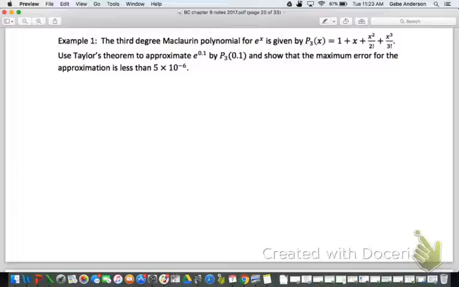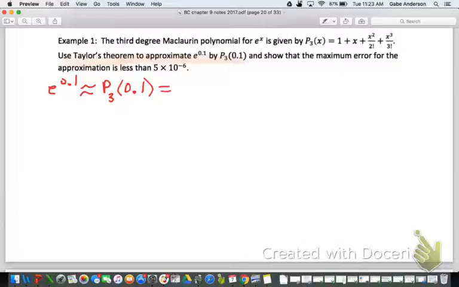And then it says use Taylor's theorem to approximate e to the 0.1 by using p sub 3 of 0.1 and show that the max error is less than 5 times 10 to the negative 6. So we're going to do two steps here. We're going to use Taylor's theorem to approximate that. So what I would say is this. The notation I'd use would be e to the 0.1 is approximately equal to p sub 3 of 0.1, and